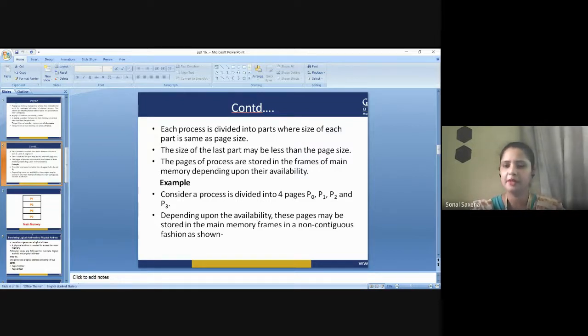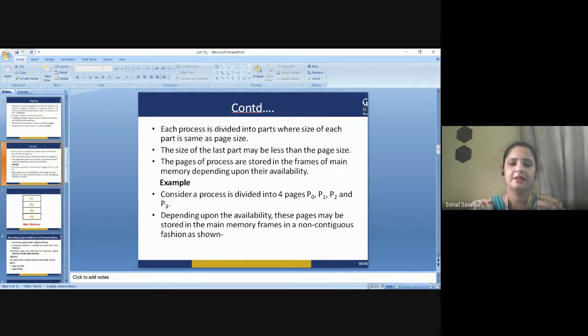The only problem here is the availability of the frames, because random access memory is very small, and every time there is some process running inside the random access memory, because the CPU cannot sit idle. So the major thing here is availability. We need to wait for availability. Whenever there is free memory space, only then will the pages be loaded and executed. I hope it is clear how the pages are created, how the process is broken down into equal size partitions, and how they are loaded on the basis of availability inside the main memory in the frames.